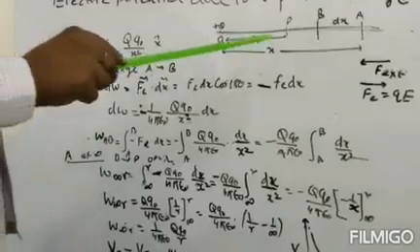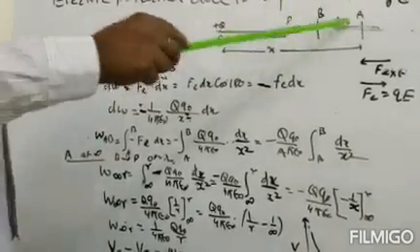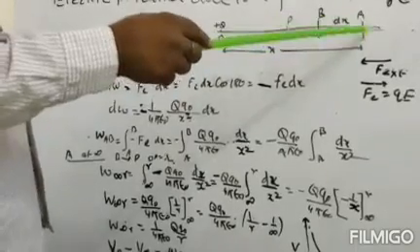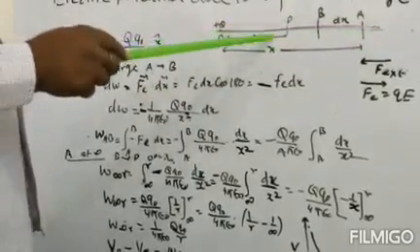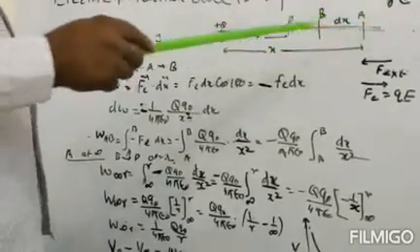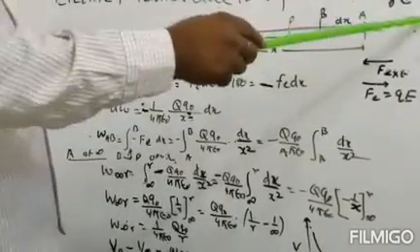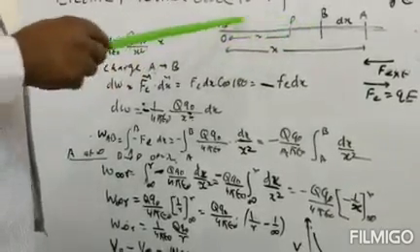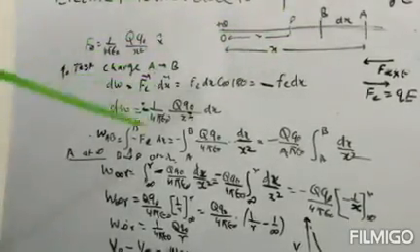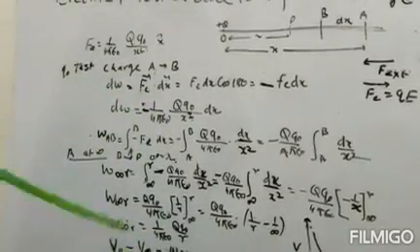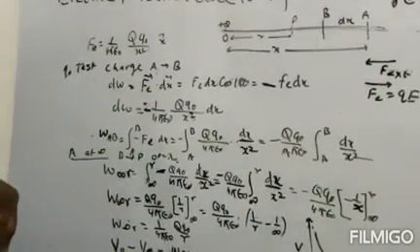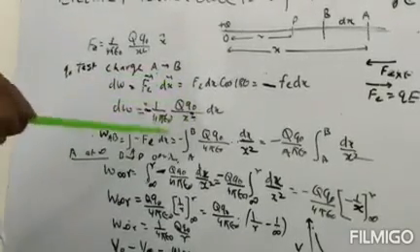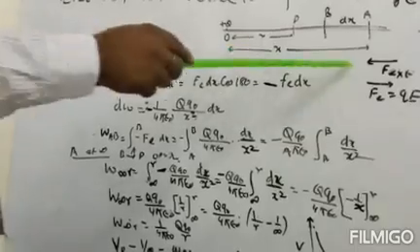Now if we want to find the total work done to bring the charge from infinity to this point P, then we take point A at infinity and point B at point P, that is at a distance R. Then the total work done will be found by integration. Why is the total work found by integration? Because the value of the electrical field or electrical force is not constant. It varies with the distance.